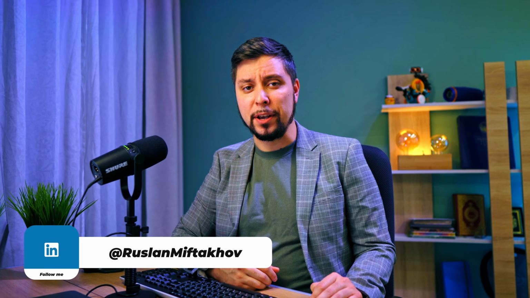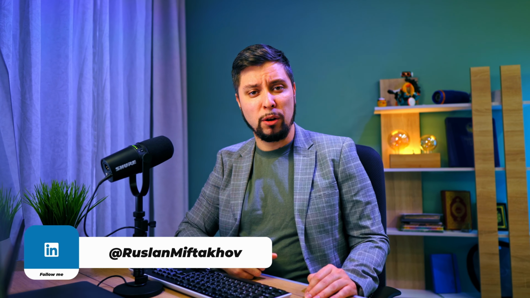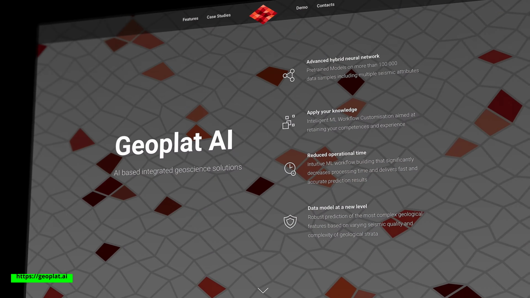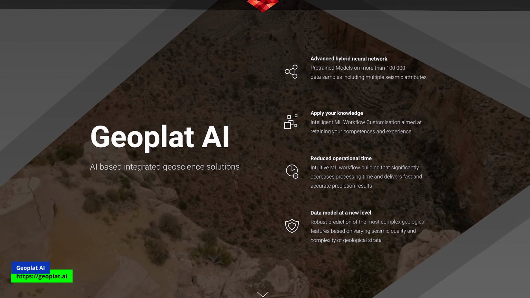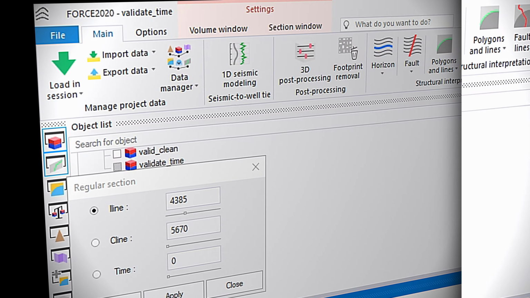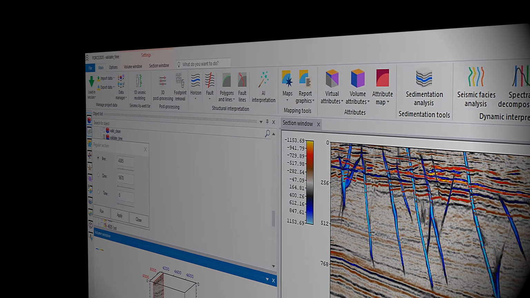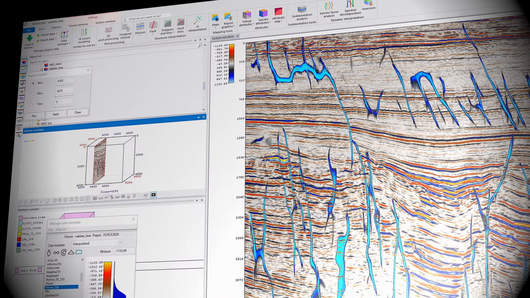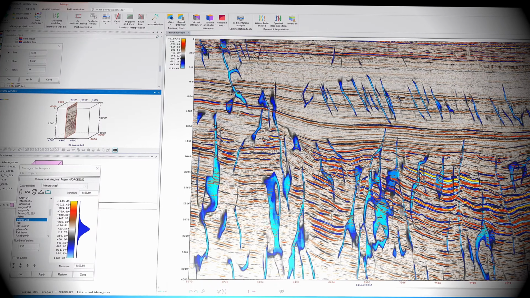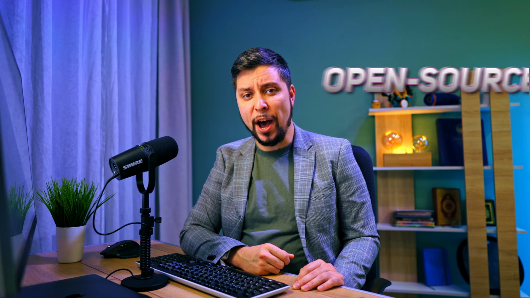My name is Ruslan, I'm the CTO at a software company that develops commercial machine learning solutions for the oil and gas. We also have the fault detection as a part of our toolset in Geoplot AI. Our machine learning models are constantly improved by a great team to achieve the highest benchmark scores for the benefit of our customers. Today I will break down what you need to run open source machine learning fault detection on